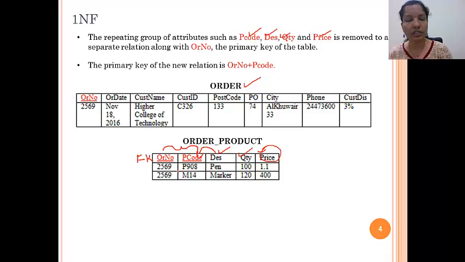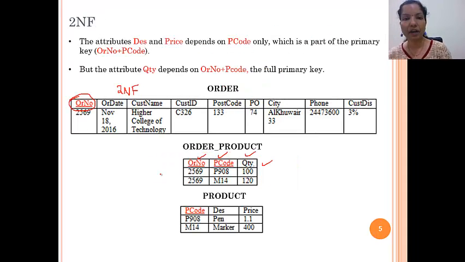It remains the same. So we have found two attributes which are dependent only on part of the key. The attribute quantity depends on the full key, but the attributes description and price depend on P code only, which is part of the primary key.